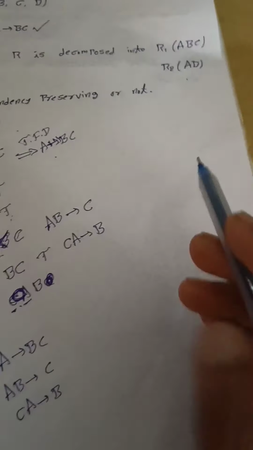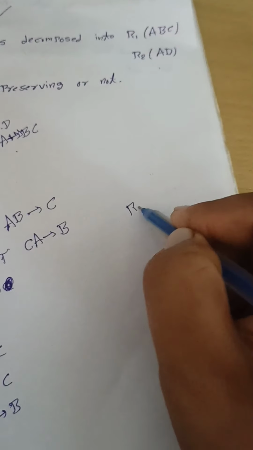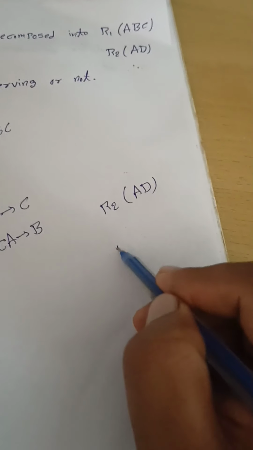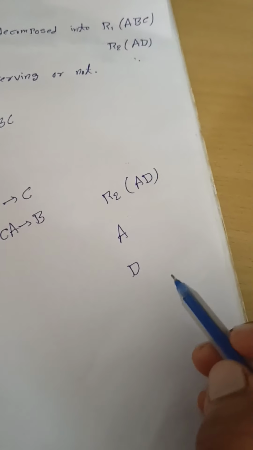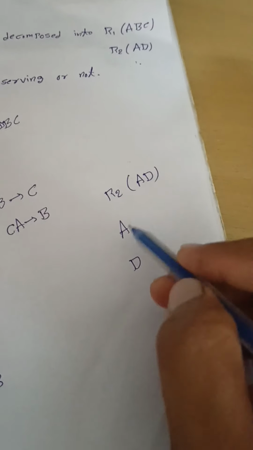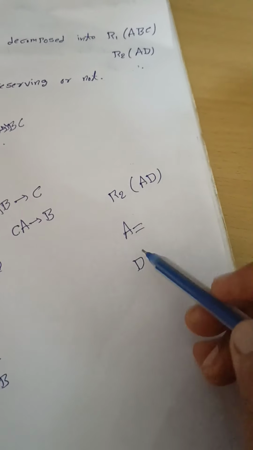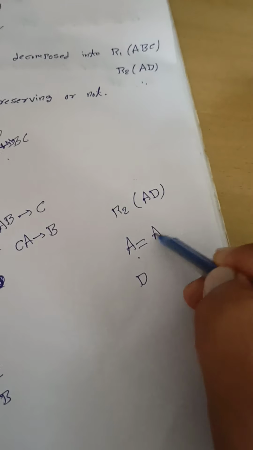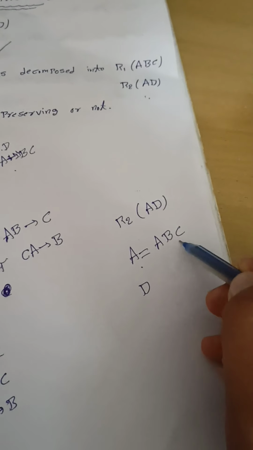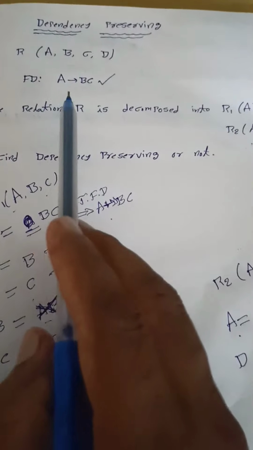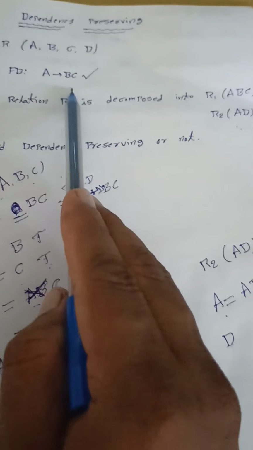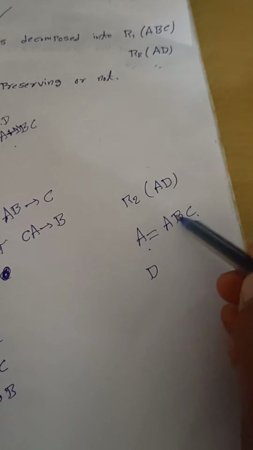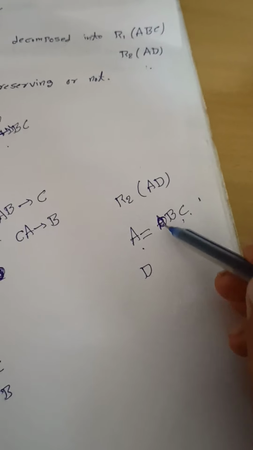Similarly, we will find the functional dependencies for the second relational table with the fields AD. First we will find the A closure and the D closure. Here we can't consider the combination AD, so the only subsets of AD are A and D. What is the closure of A? It is A, B, C. How is BC retrieved? The main functional dependency is A implies BC, so we receive A, B, C. Here A is trivial, so we will cancel it.